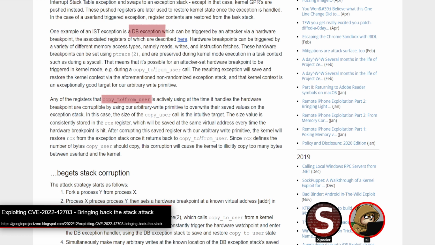They target the address of the copy to user size. I want to say that was the RCX register, basically the saved RCX register. They target the size of that dumped register in the stack, so that when the exception returns, it's going to have a corrupted size there, and then copy to user runs with a larger size by 0x100 bytes,